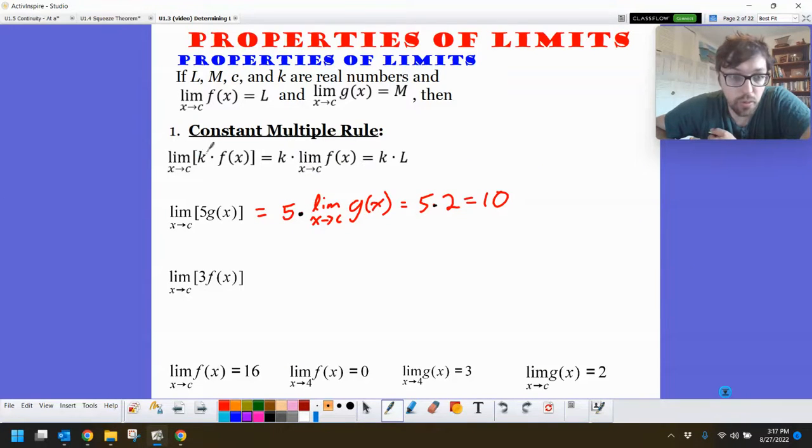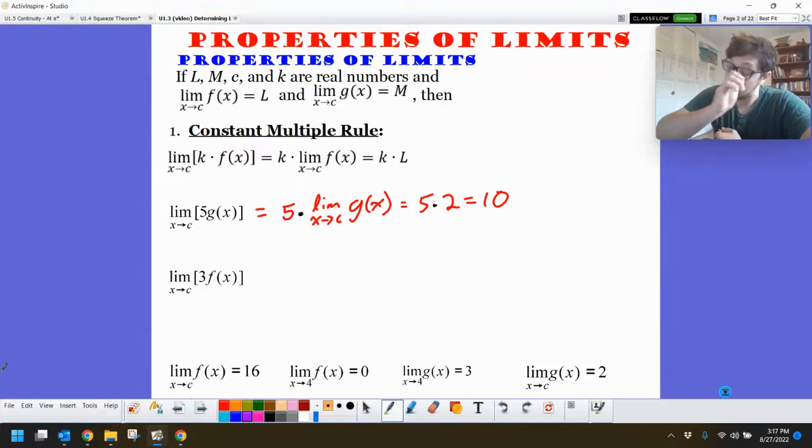Our first rule is if we've got just a number inside of a limit, we can take that number that's being multiplied by some function and put it in front of that limit. So here we've got this 5 with our g. We can take that 5, put it in front. We know that the limit as x approaches c of g of x is 2, and then 5 times 2